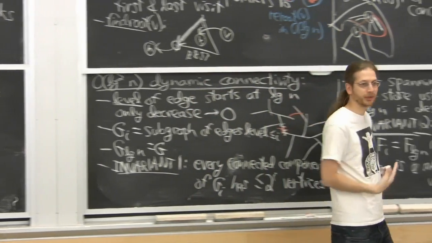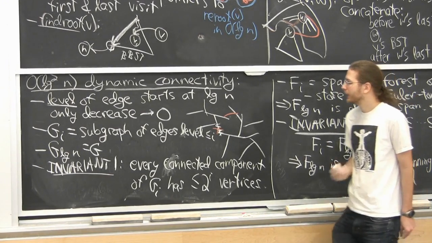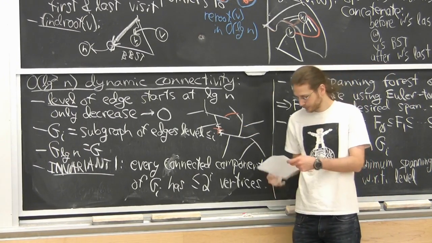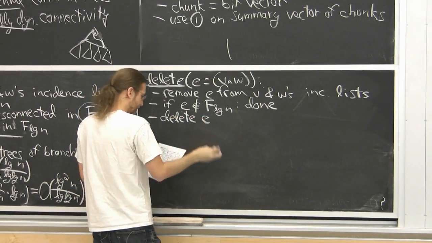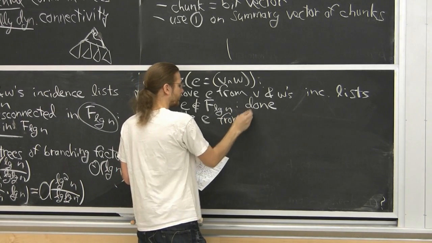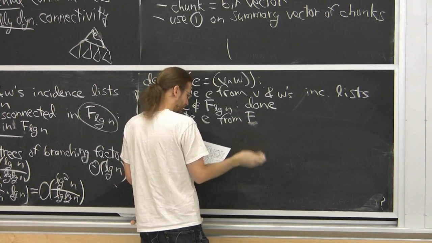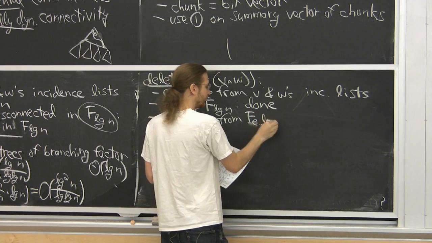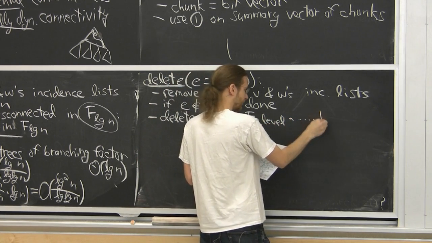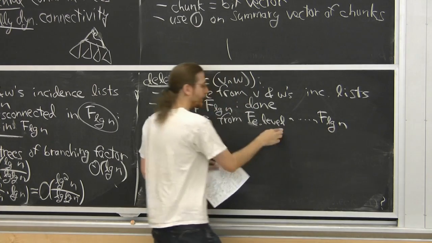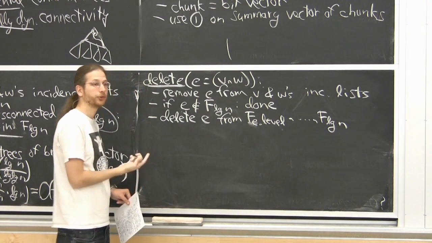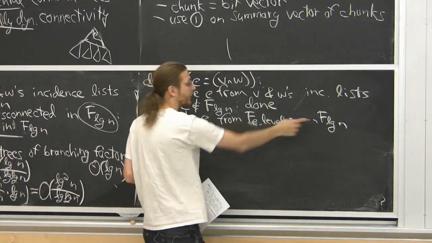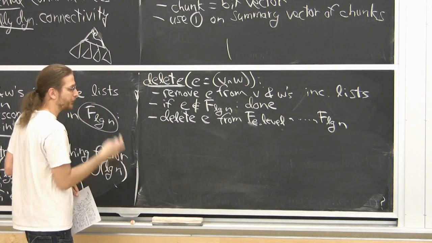We have to do a bunch of deletes in the forests. Yes, we always do that. We have to delete E, so we're going to recursively delete it from F sub E dot level up to F log n. E dot level is the earliest forest it appears in, and we have to delete it from all those. Each of those is an Euler-Tour tree deletion or cut, and so each of them pays log n, total cost log squared n. So this is where the log squared is coming from.